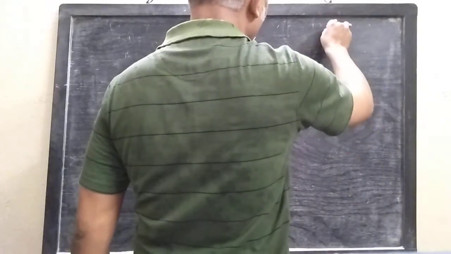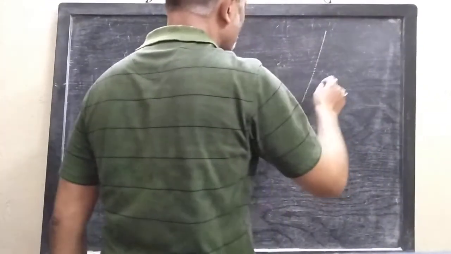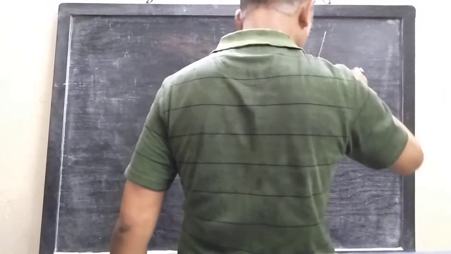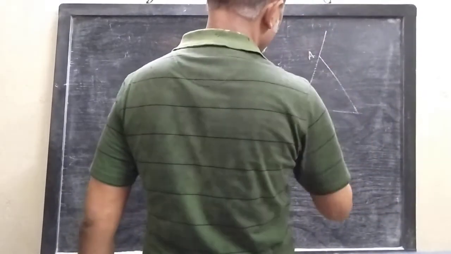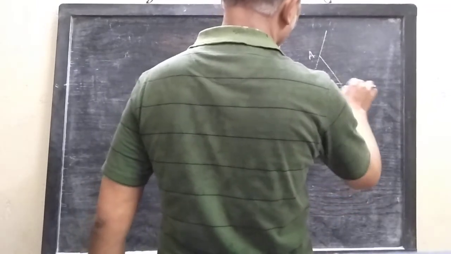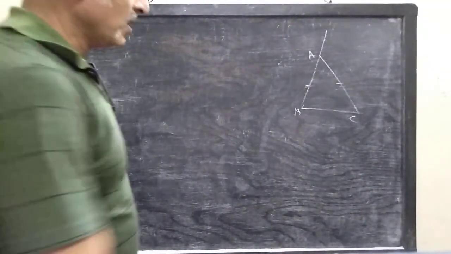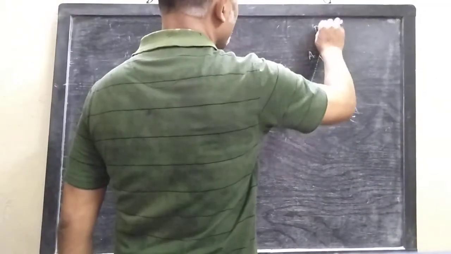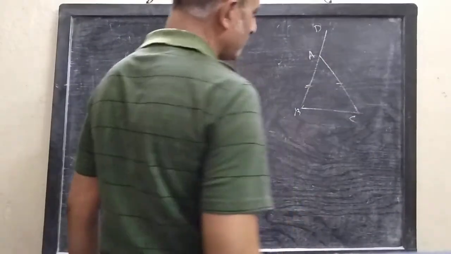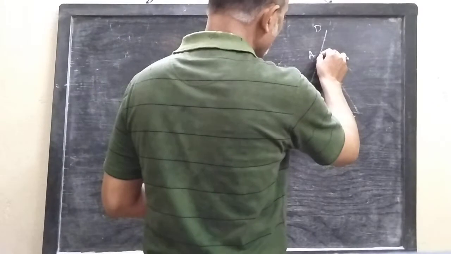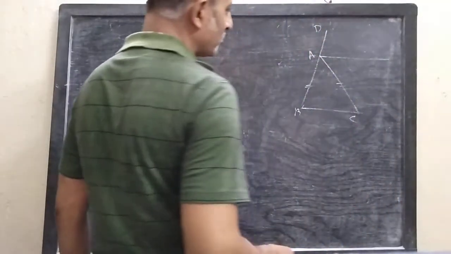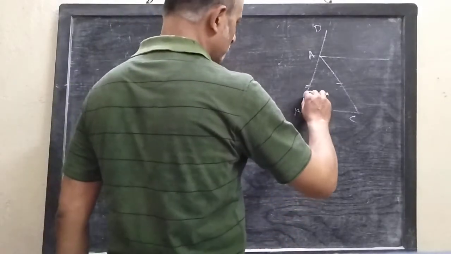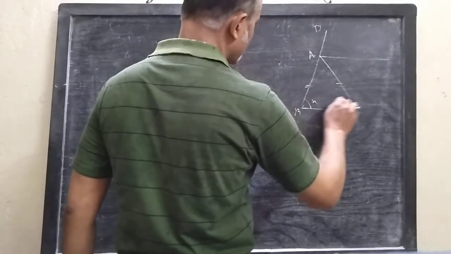To solve this question, we have to recall a rider that we have solved in class 8. Suppose this is an isosceles triangle. Side BA is produced to say D. Then the exterior angle BAC is formed. If we draw a bisector of this angle, then this line is parallel to BC. How? See, these two angles are equal as it is isosceles.